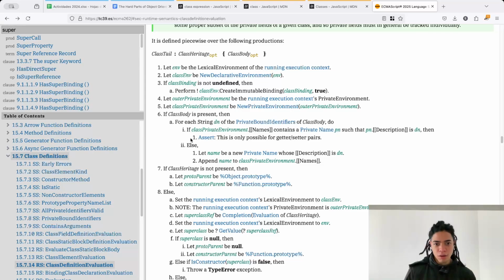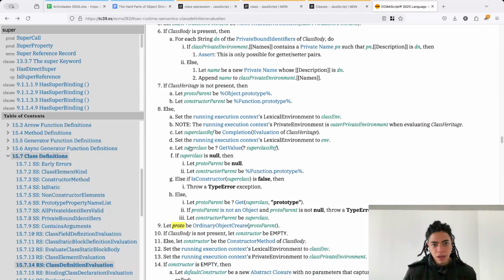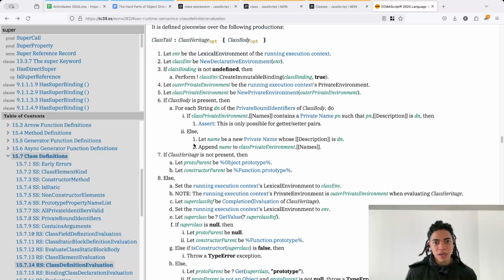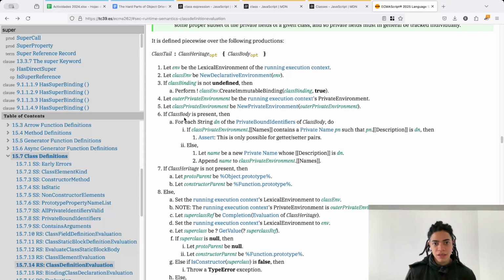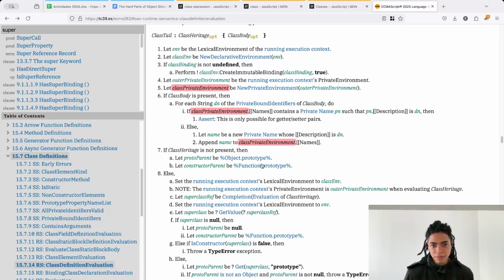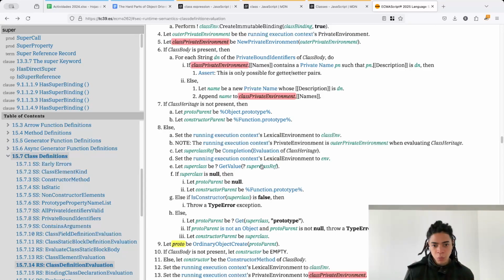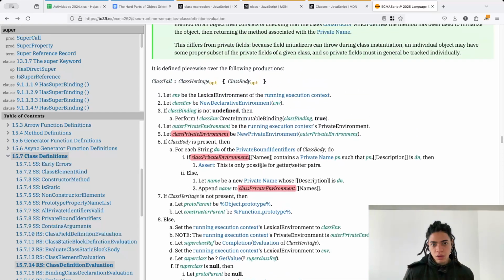initialize my object here, okay, and verify, now that I initialize my object here, if class body is present, for each string private bound identifier, if class private environment.name contains a private name, else let the new private name be a new private name whose description is this, append name to class private environment. Where now this class private environment,